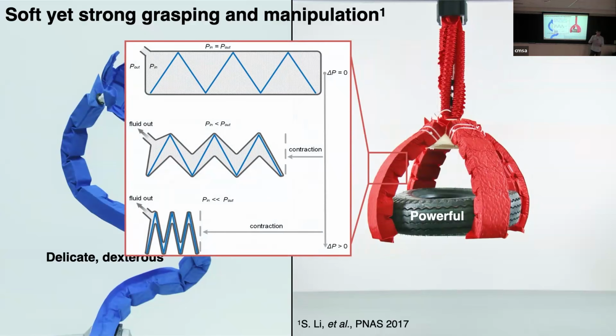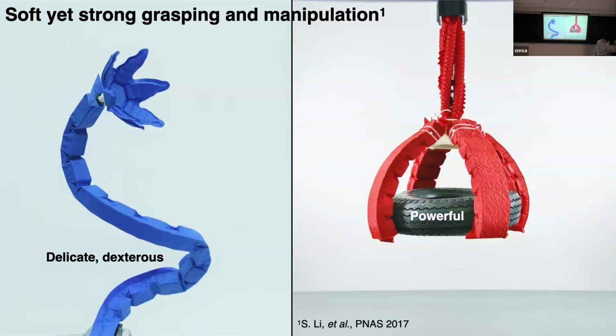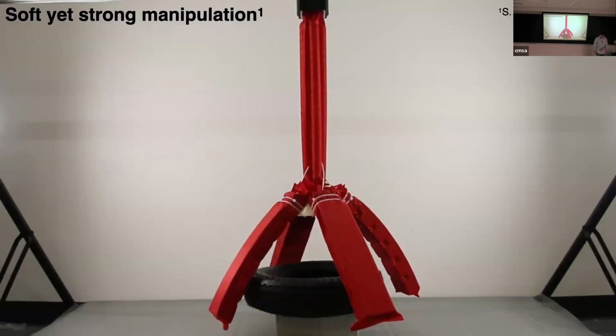So you've got this origami-like structure encased in an envelope, and if I pull a vacuum on that, the motion is guided by the kinematics of that folding structure. I also get a value add from the tension in the skin, adding to the overall energy density of this device. This can lead to some interesting, reasonably strong grippers and arms, and we can do simple things like lifting car